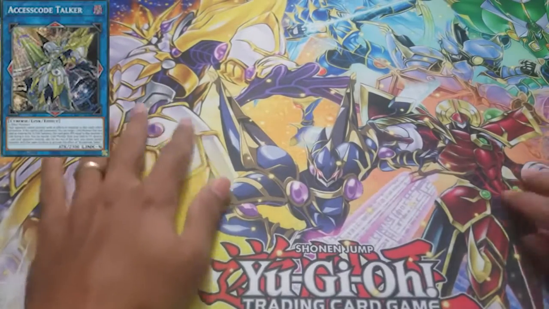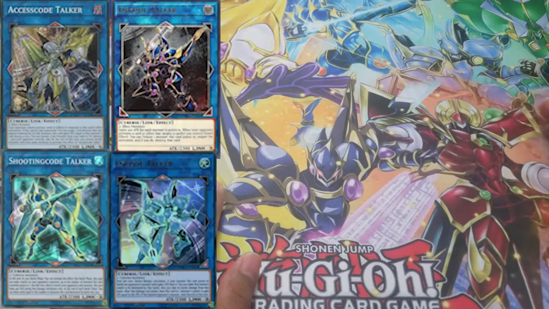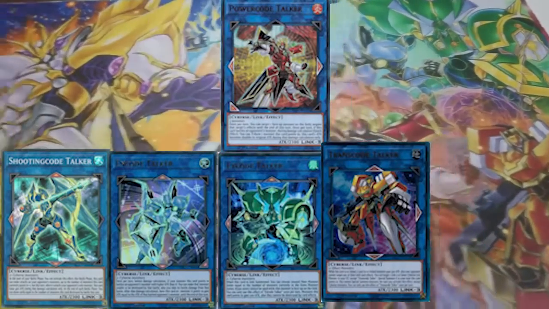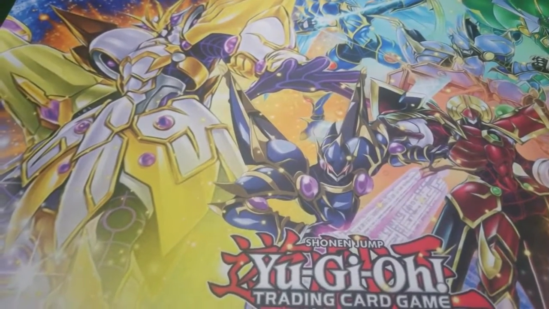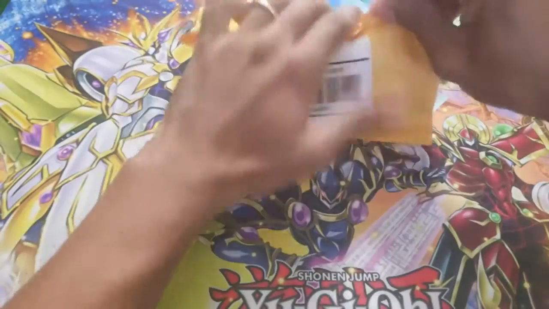We got our Ace Code Talker, D Code Talker, Shooting Code Talker, In Code Talker, X Code Talker, Power Code Talker, and of course, our Trans Code Talker. So this is a clean as hell mat, guys. It's really nice to look at. All right, next